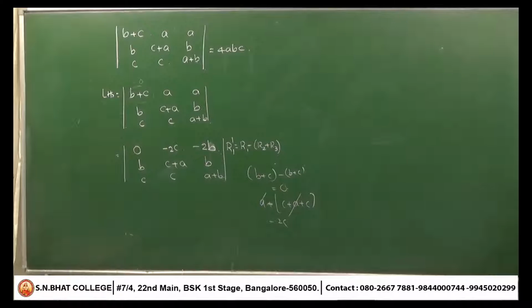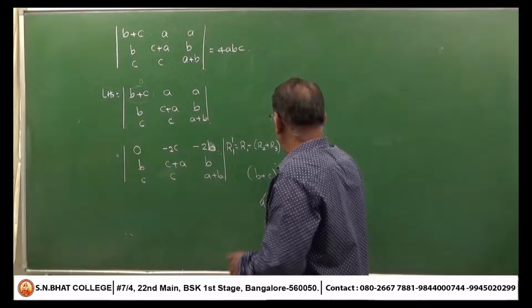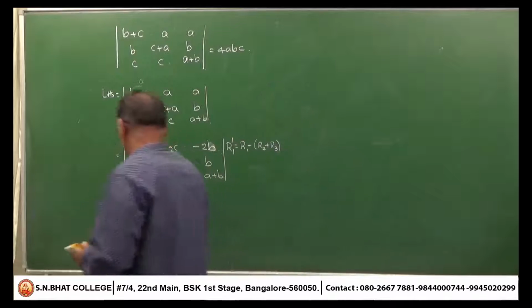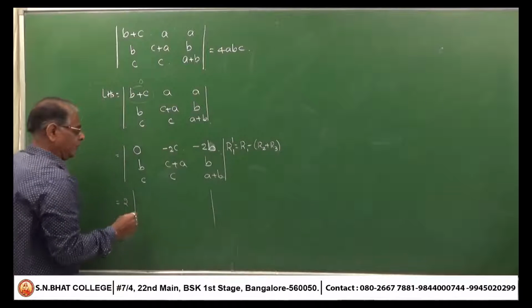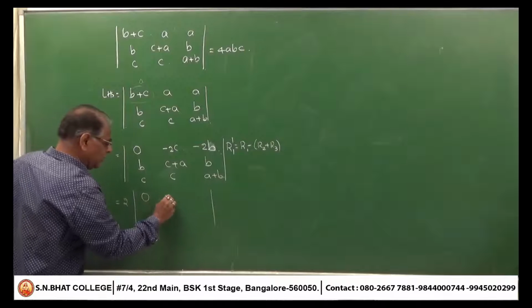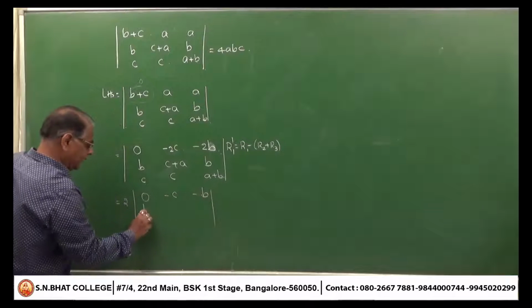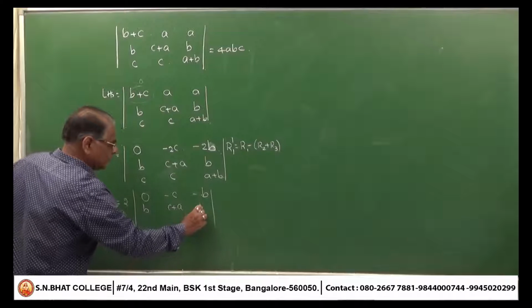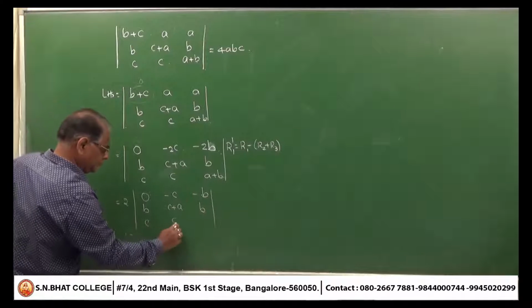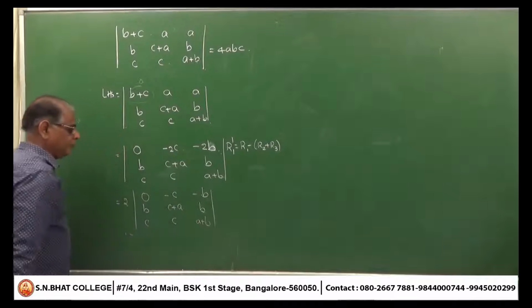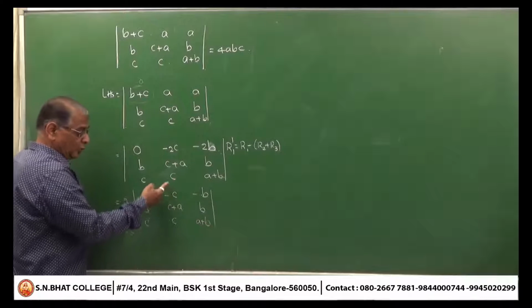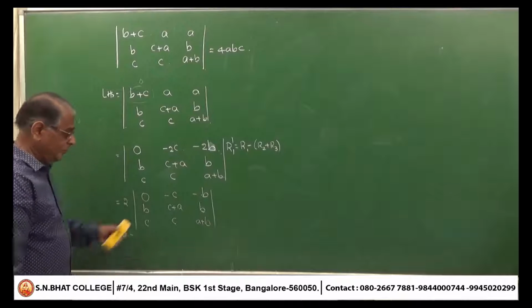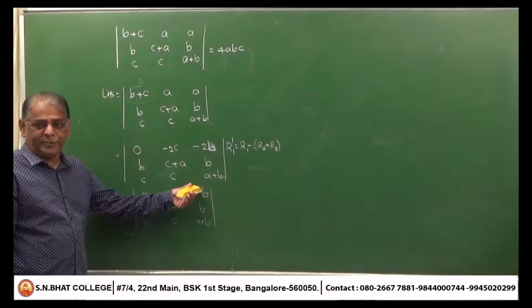Next, I will try to get a constant. In the answer we have 4 is there. First I will take 2 common factors from the first row. In the answer I want 4ABC. I will take 2 common factors from the first row. This is minus C, minus B. Write R2 and R3 as it is. I have taken only 2 common. Tell me why I have written this minus outside? If I add the 2 rows, 2 terms become single term. Why have I written this minus sign inside the determinant?